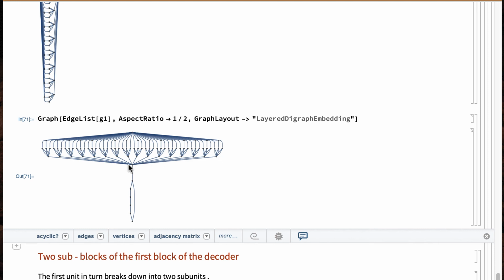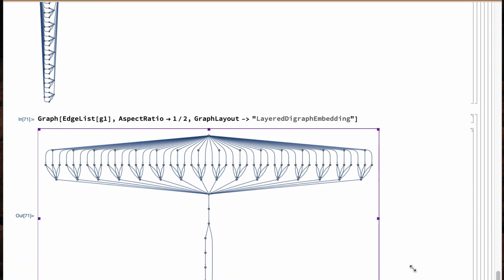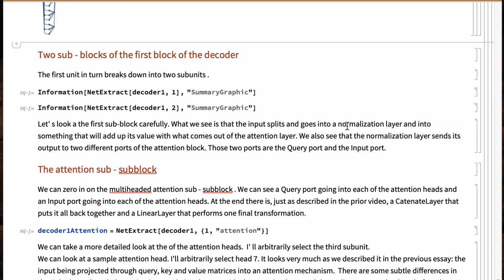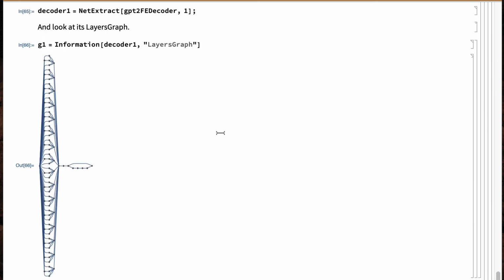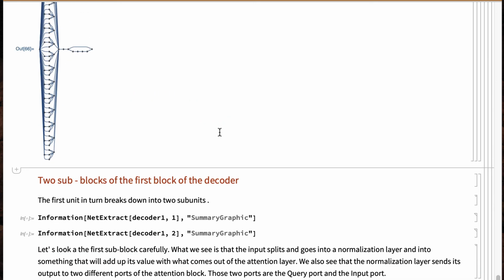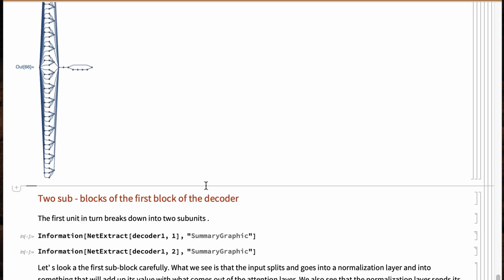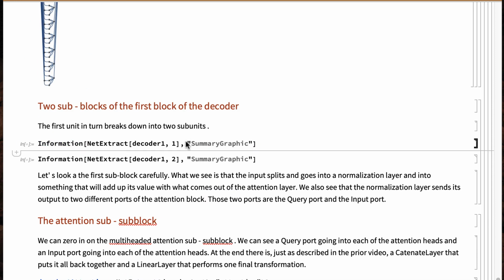These are the attention heads. And then it finally all comes together, and then it goes through a little process of adding some stuff up. So maybe this makes it clearer as to what's going on inside the attention head. In any event, we ought to take a look and break it down even further. So let's look. We've really got two blocks here. We've got this first chunk here, which is where all the multi-head attention stuff is going on. And then we have the cleanup block here. So let's look at those.